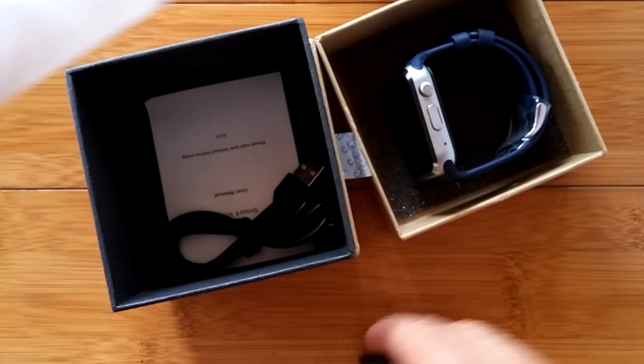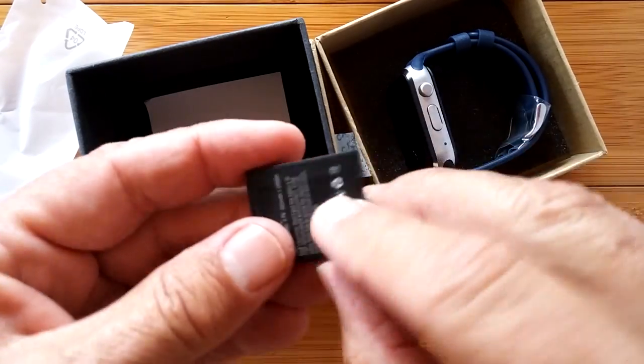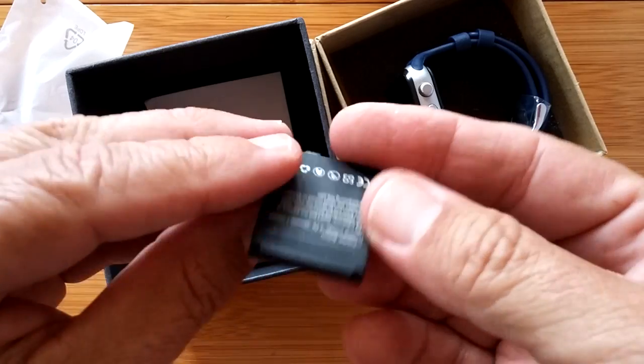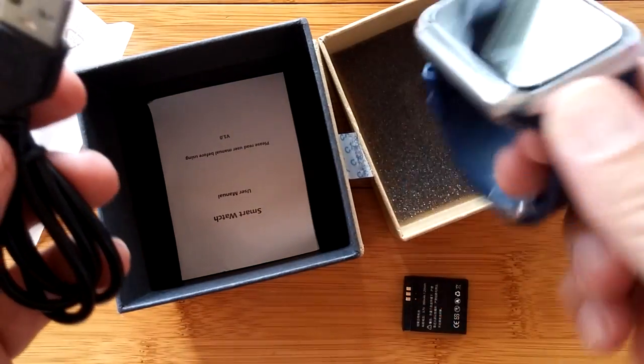We've got... Whoa, we've got the battery. Okay, either the battery is outside of it, or we've got a second battery. And look, it's a nice, easily replaceable battery, too. That's great. And then we've got the USB charging cable. And,